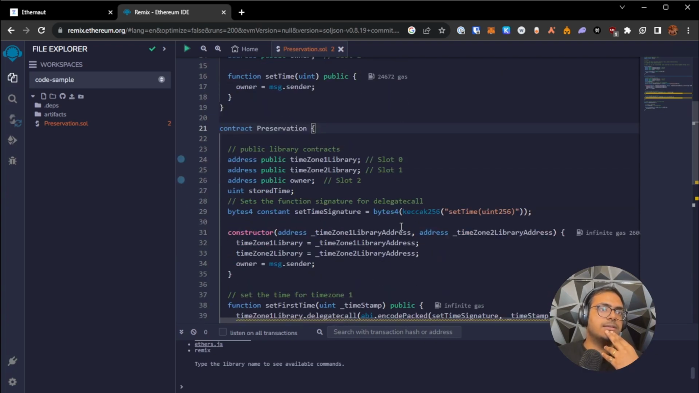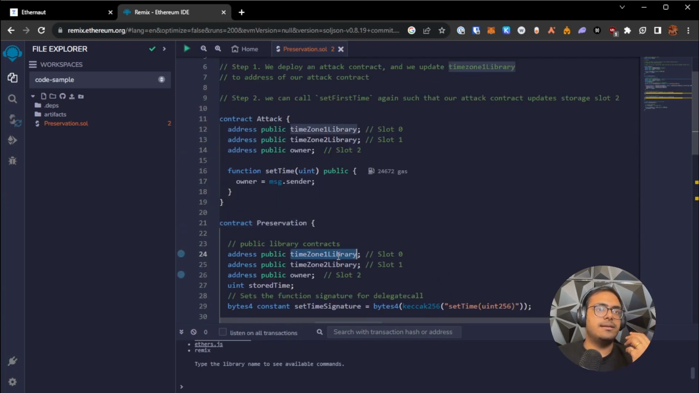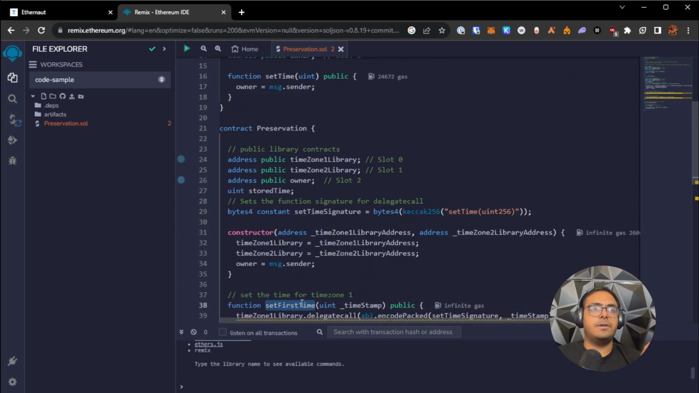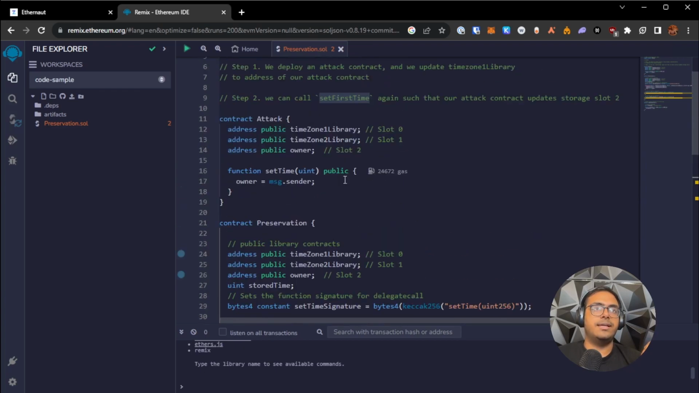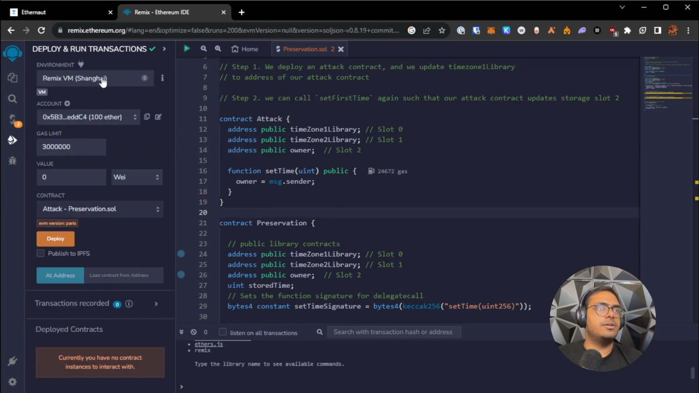So our goal is to first set time zone 1 library equal to the address of our attack contract. And then the second time we call this function, it will be doing a delegate call to our attack contract, which will then update storage slot 2, owner equals message.sender, which will also update owner in the context of the preservation contract. So with this code in place, let's head on over to the deployment tab, switch to injected provider,